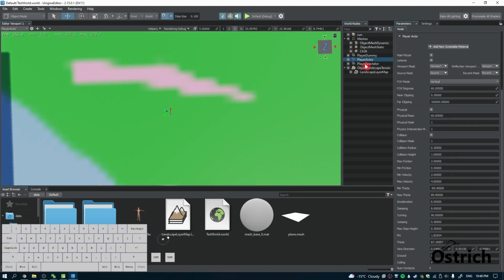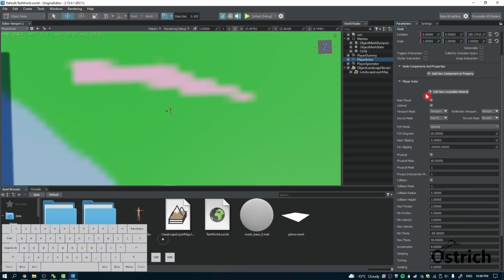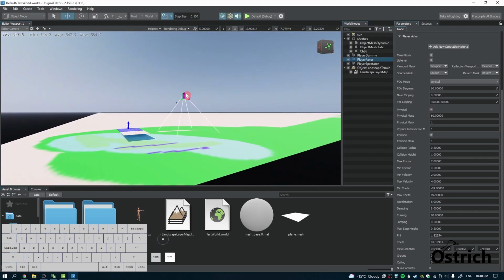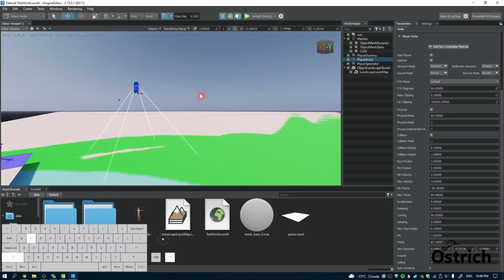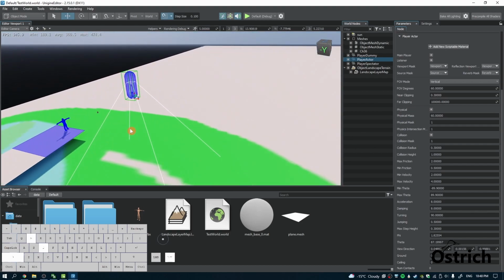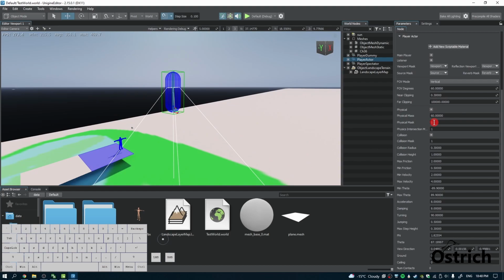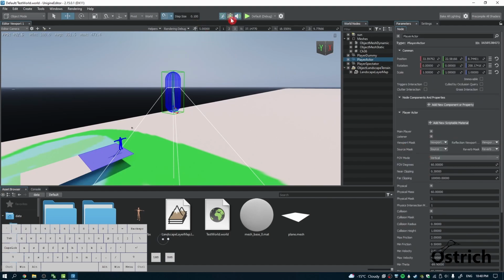If we go into the options, it has the same main player, which is turned on, and then it has physical and collisions. Collisions is the basic collisions that we've been through with the spectators, but it has something called physical. Now if we were to look at it from the editor camera and we just focus on it, you'll notice physical gave us a little capsule controller, and it gave us a mask, a physical mask, and an intersection mask. So what this actor camera simulates is a first person